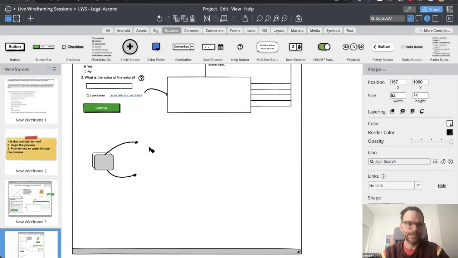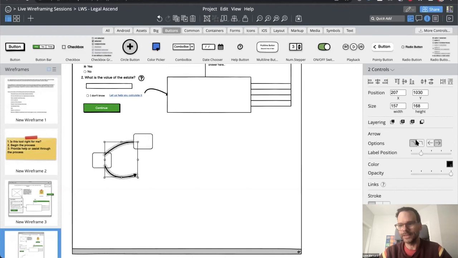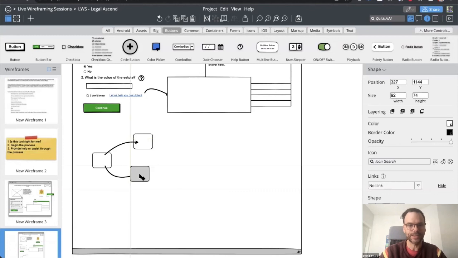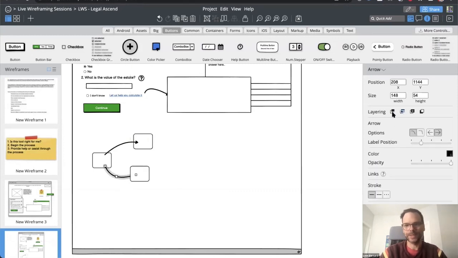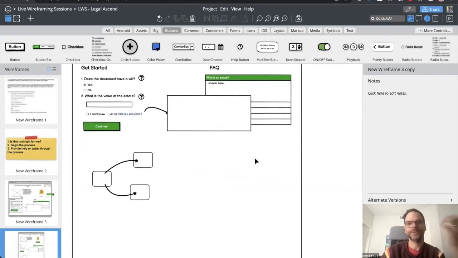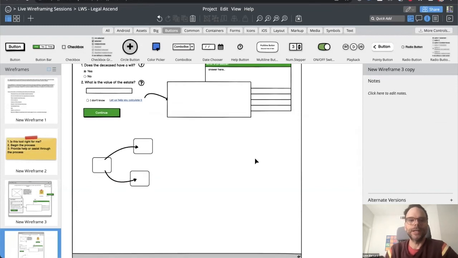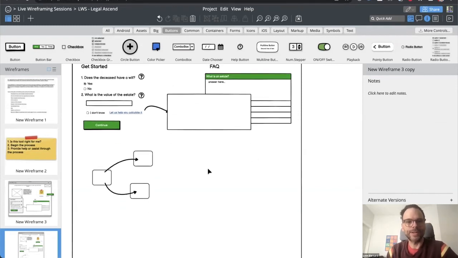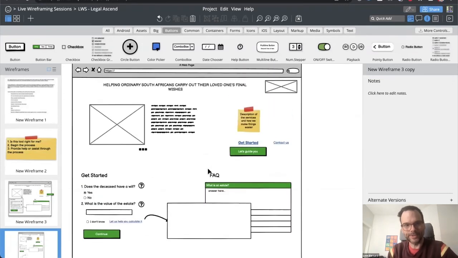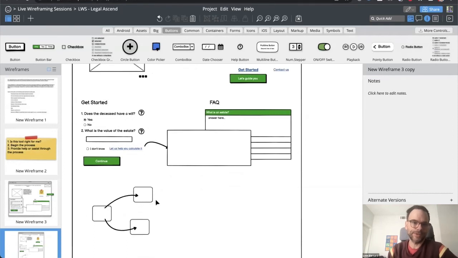Do you want to ease their anxiety if they're like, oh, I'm not really sure if this site is for me, or I'm not really sure if this is going to help me with everything, or what's going to happen after this? You can use this space to show them what the process is going to be, or you could have some testimonials, or brainstorm about what other things might be good here. Probably something that is a little different in feel. So maybe it's more visual. Maybe it's got pictures.